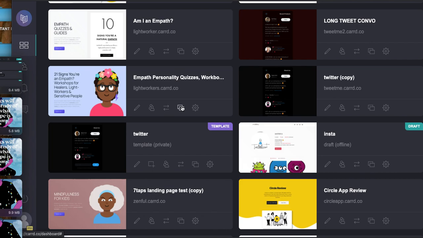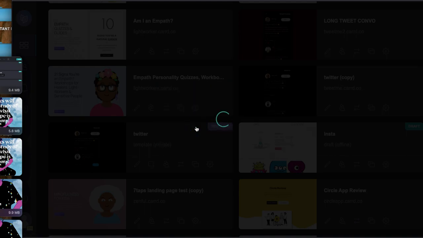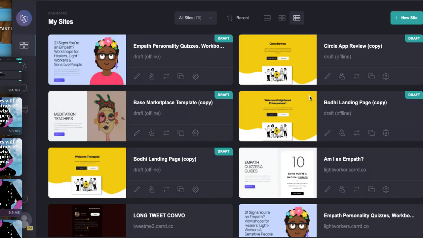All right, so let's say I want to copy this. All you're going to do is click on that little button, and you're making a copy of the theme, in this case, that you want to reuse. And you'll see it takes a moment. But in a second, it's going to refresh, and there you have it, right? So now we can edit this,